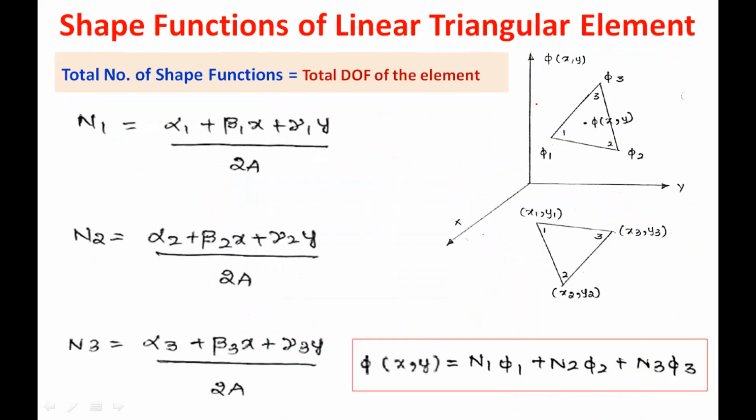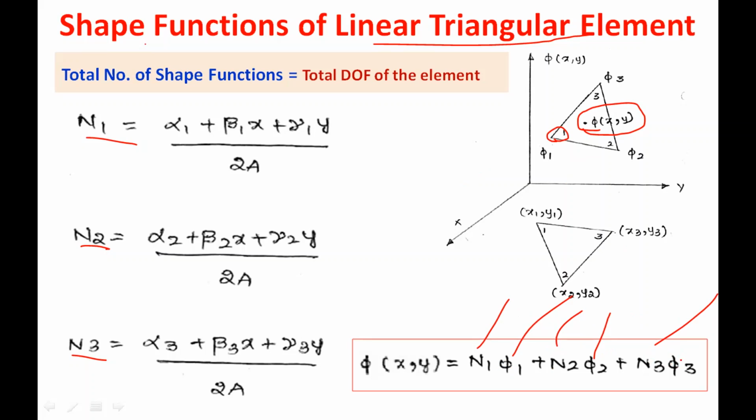In the earlier part we derived the shape functions for a two-dimensional linear triangular element: N1, N2, N3. These are the three shape functions used to define the field variable inside a triangular element like this. Phi of x, y can be interpolated by using N1, N2, N3 and the nodal parameters phi 1, phi 2, phi 3. By using these shape functions we have solved some simple scalar variable problems also. Now we are going to use the same two-dimensional linear triangular element for solving the vector problem. What is the modification we are going to do? Let us see.